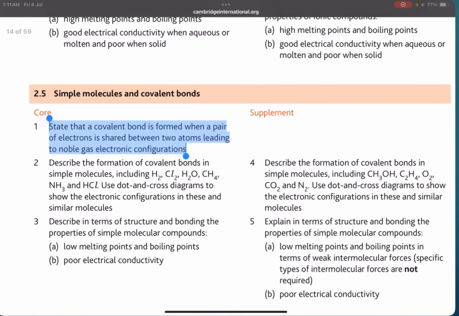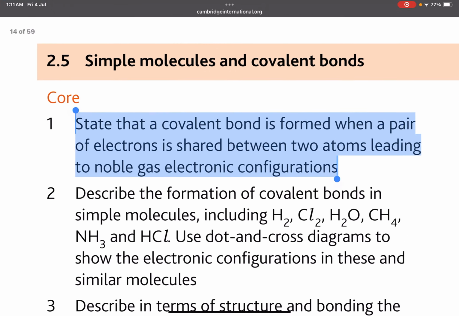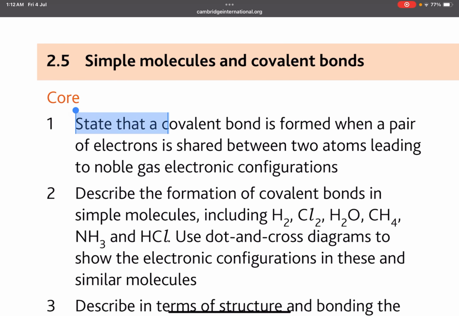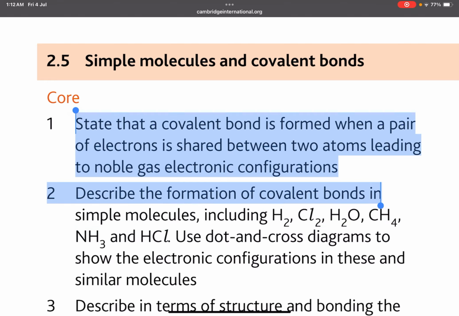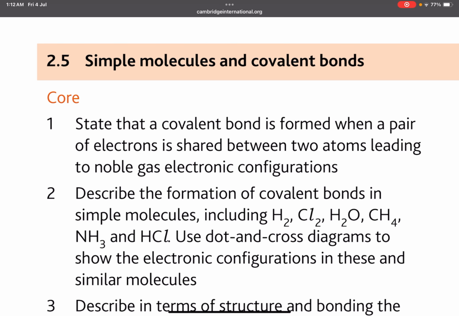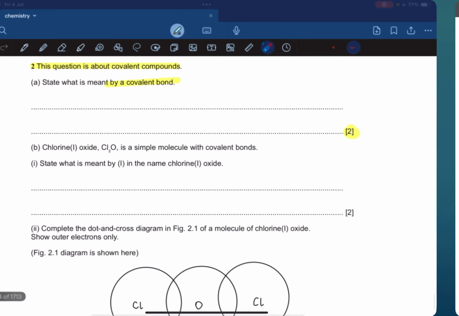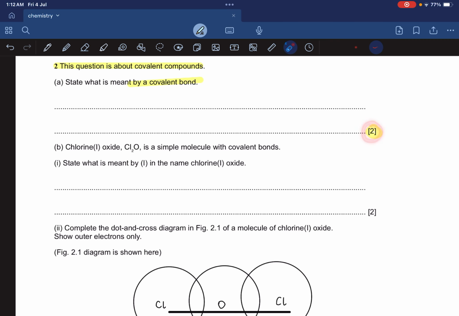So if I move on to the syllabus, which is here, it says that a covalent bond is formed when a pair of electrons is shared between 2 atoms, leading to a noble gas electronic configuration. You just had to write this exact definition in order to get your 2 marks. First was the sharing of electrons, and the second was the noble gas electronic configuration. That was exactly what you had to do in order to gain those 2 marks. It was important because it was worth 2 marks. So to get these 2 marks, you had to write that it is